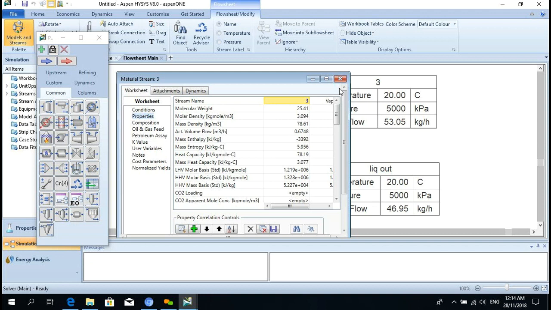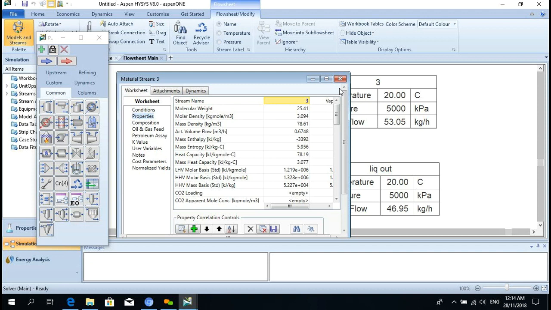Now we want to see the properties of liquid inside this, right? So we can see the properties of the liquid outlet, and we can do the calculation. Now you can do this, right? You know the stream composition.